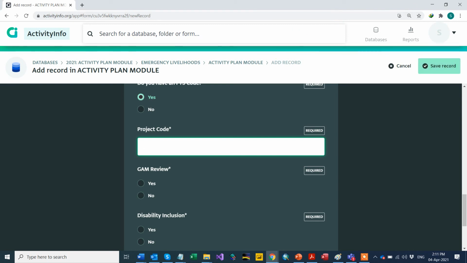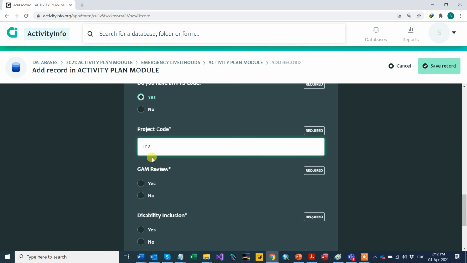Also, timely monitoring of funding progress against the Humanitarian Response Plan, HRP, and appeal requirements. After you submit your project to the FTS, you will receive a code, let's say